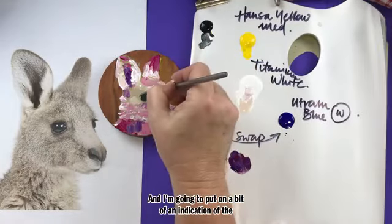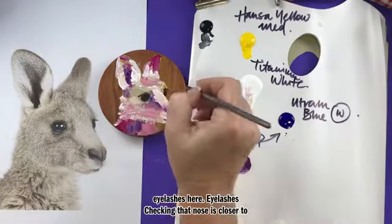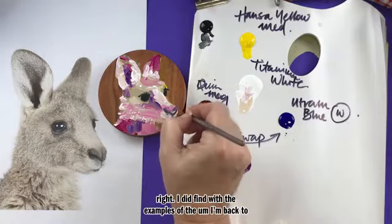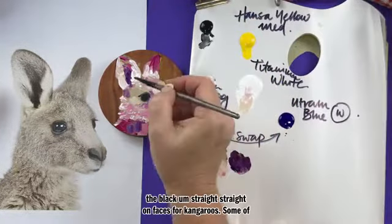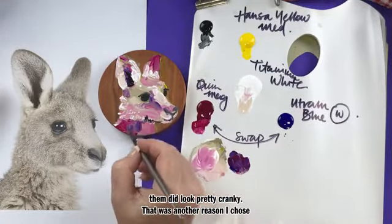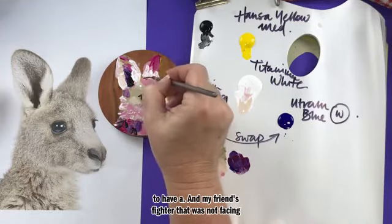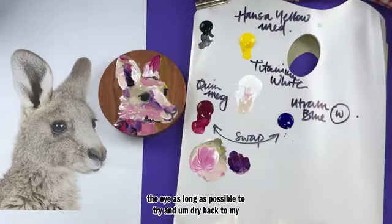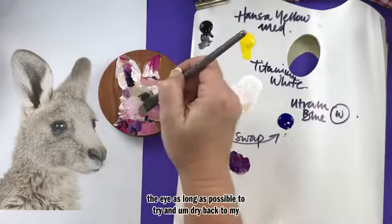And I'm going to put on a bit of an indication of the eyelashes here. Checking that nose is closer to right now. I did find with the examples of the straight on faces for kangaroos, some of them did look pretty cranky. That was another reason I chose to have a reference photo that was not facing straight on. Now I'm saving the highlights to last, so it gives the eye as long as possible to dry. Back to my number 10 brush